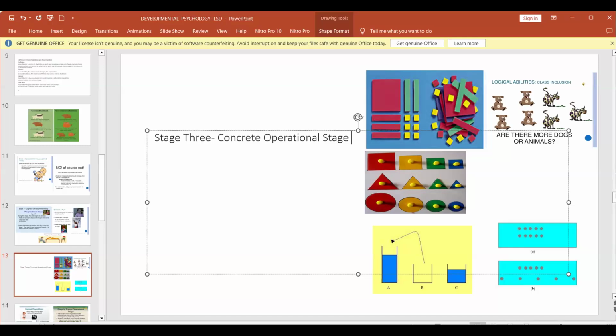So the child will actually draw apples. My mother gave me 5 apples, he will draw 5 apples. I ate 1, he will cut 1. I gave 2 to my sister, he cut 2. And father gave me another 5, he will add another 5 apples. And then he can count it and say, there are 7 apples remaining. Because he can't mentally calculate it. Because he needs concrete operations, concrete situations to comprehend. So the child develops cognition through concrete experiences presented to the child. Is it clear to you?